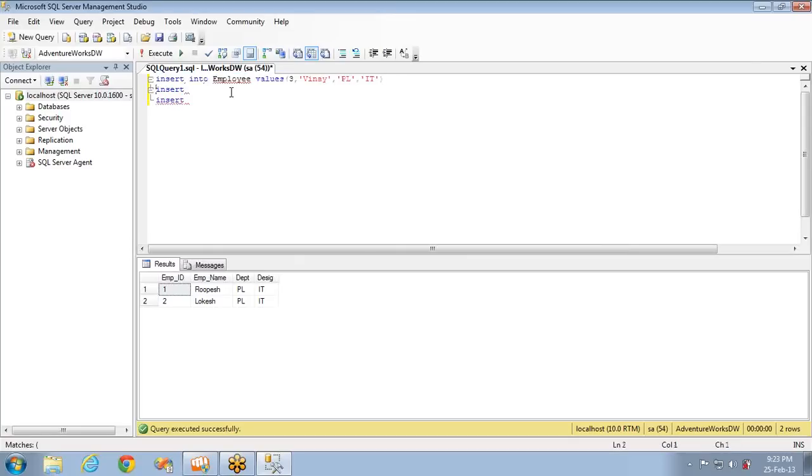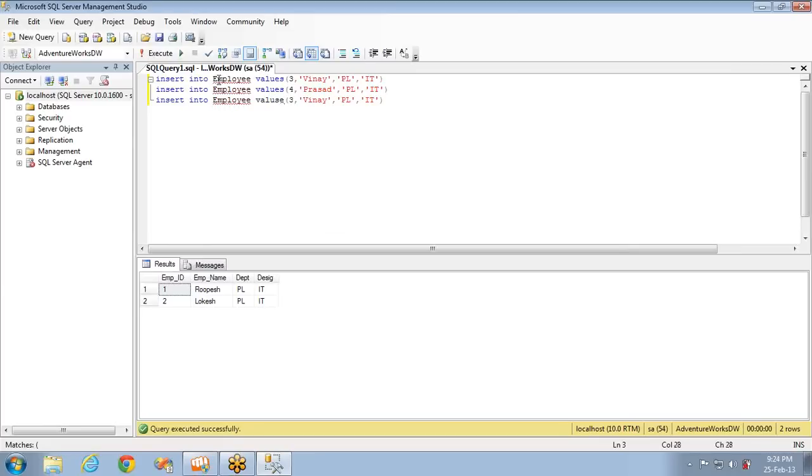So this is one insert statement. I'm taking one more insert statement where ID is 4, Prasad. And one more insert statement. Observe it very carefully: here, instead of values, I'm writing a different spelling, a spelling mistake.